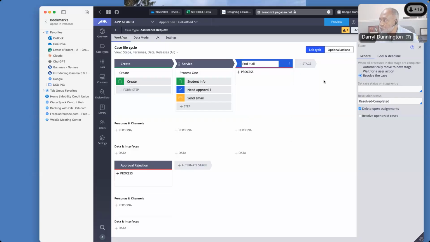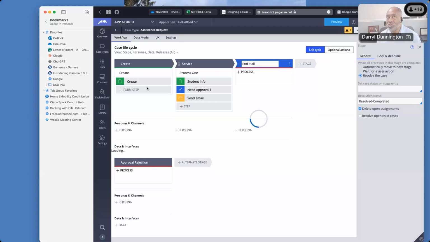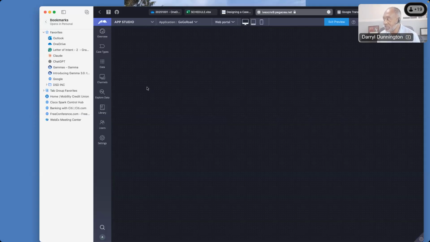All right, let me think. Is there anything? Now, I could save and run. I actually have the capability to save and run. You're not going to see much, but you'll at least see the stages that are there. And then once you start building out the stages and create a UI, then the UI will show up for you. You'll have data that you can then utilize and see. I can run it. As I run it, I can see it